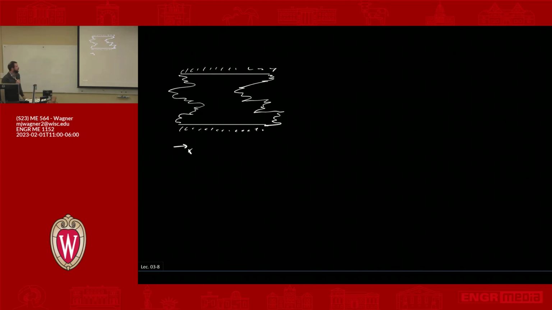So there's a model that says, OK, let's take the average length, where I take the average position on the left side and the average position on the right side and say this is L bar. I'm going to take L bar and compute the resistance using L bar. So how would I write that out? I'll just say R L bar is equal to L bar over K AC, where AC is going to be,